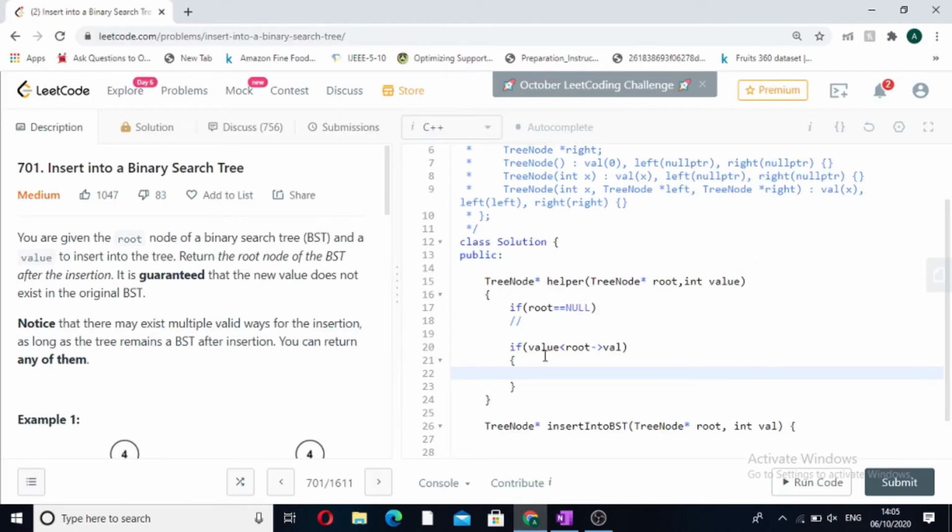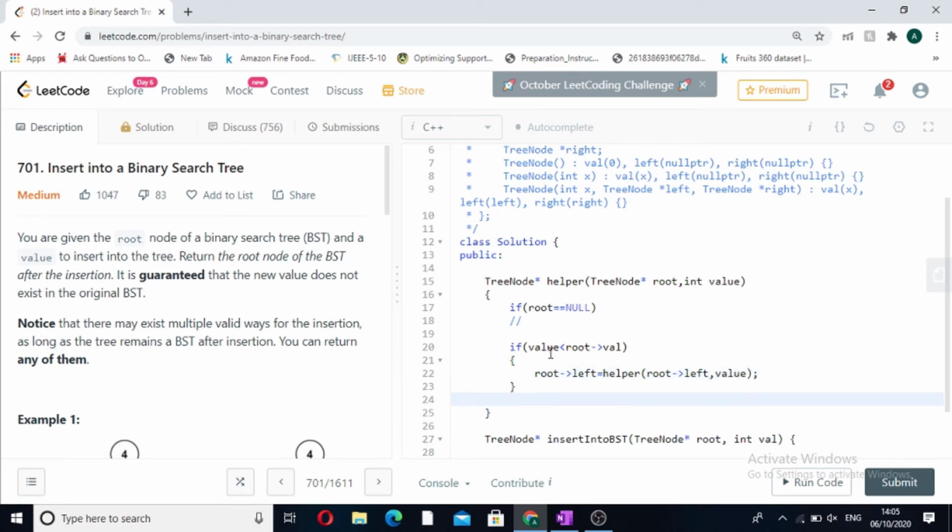So if our value is less than the root's value, we will make a call to the left side, because we know it will be inserted on the left side. So the call will be root left, and we will pass the value. Now if the value is not less than the root's value, that means it is greater than the root's value.